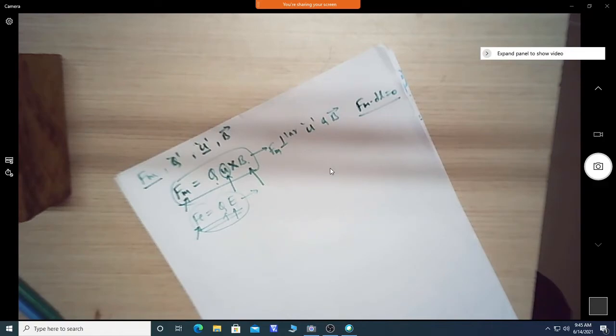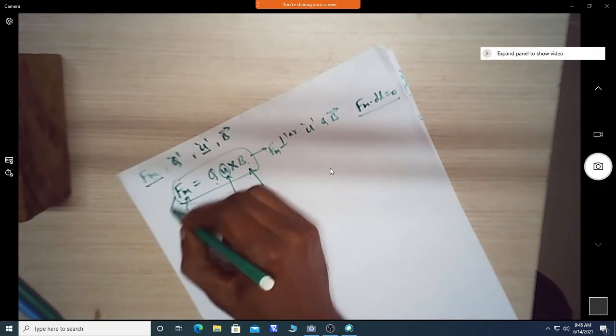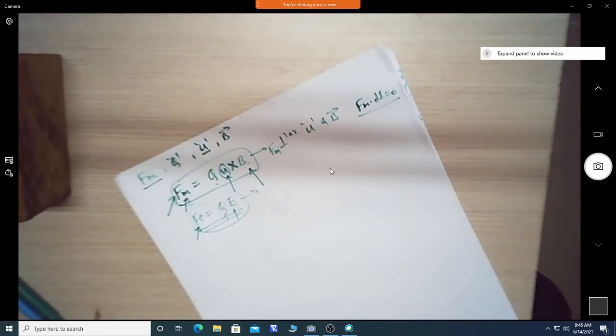So where we have the magnetic force as well as the electric force, now only the Fe experiences some kinetic energy at the higher velocity. If we have a higher velocity, this Fm will generally be small in comparison with the Fe, that is, the magnetic force is small compared to Fe.